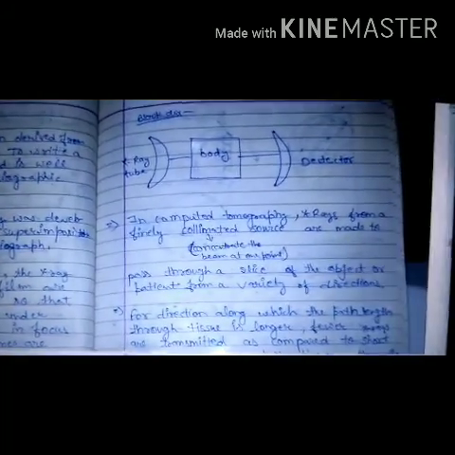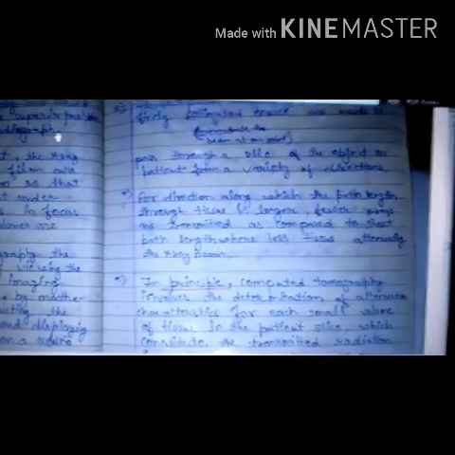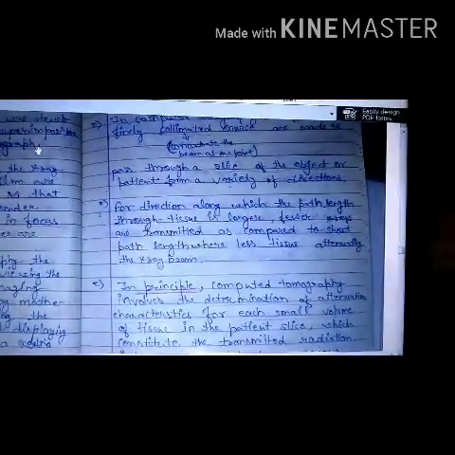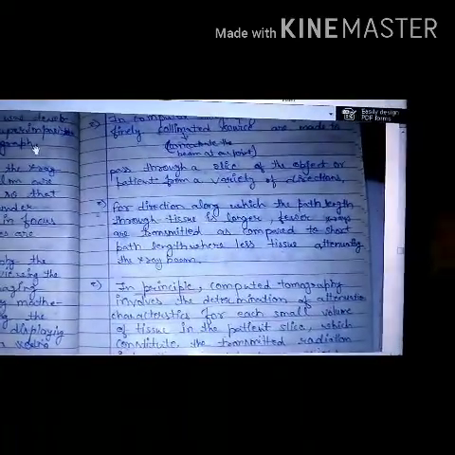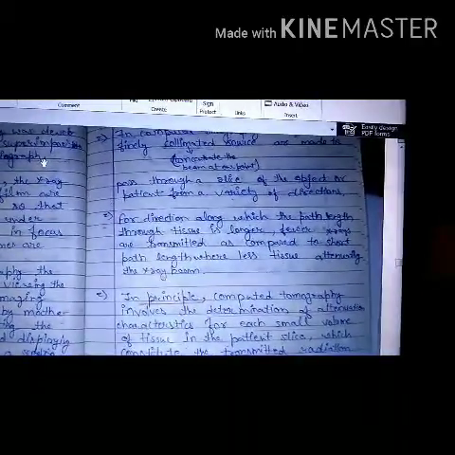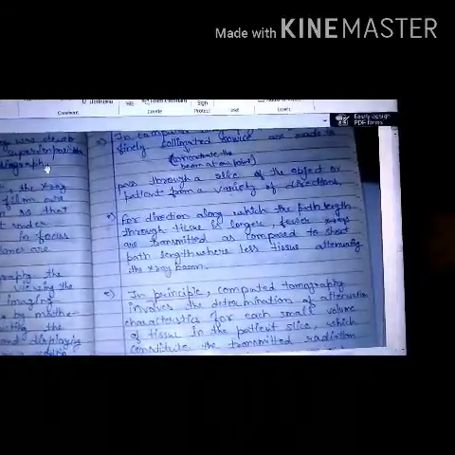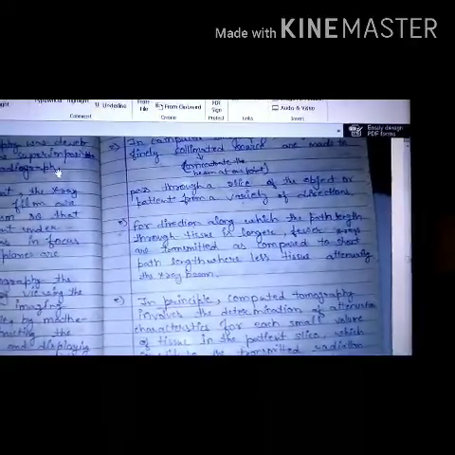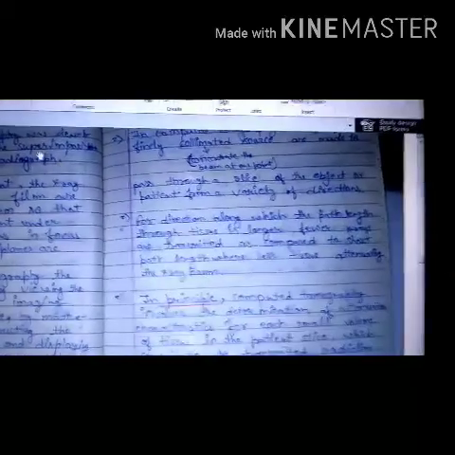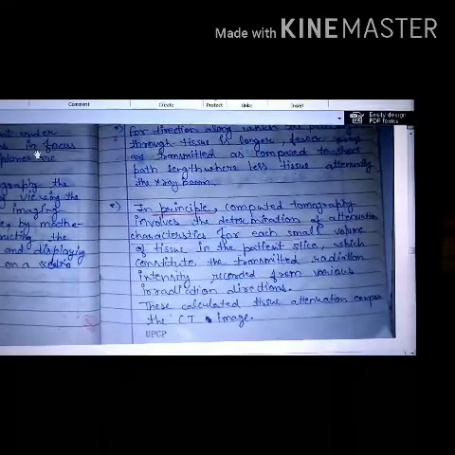developed. Now for directions along which the path length through the tissue is longer, fewer X-rays are transmitted as compared to the shorter path length where less tissue is attenuating the X-ray beam. So if the path length for the X-ray is longer, then a smaller number of X-rays pass through that point. However, if the path length is reduced, then more intense X-rays pass through those points to get a proper image. In principle, computer tomography involves determination of the attenuation characteristic from each small volume of tissue in the patient